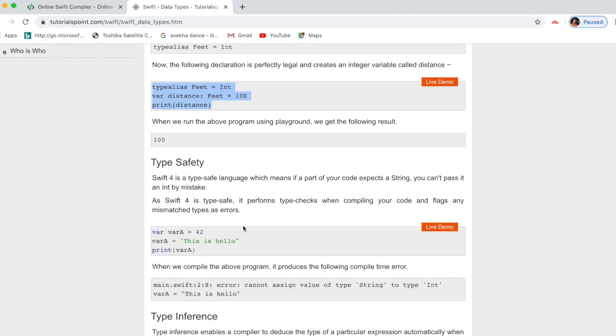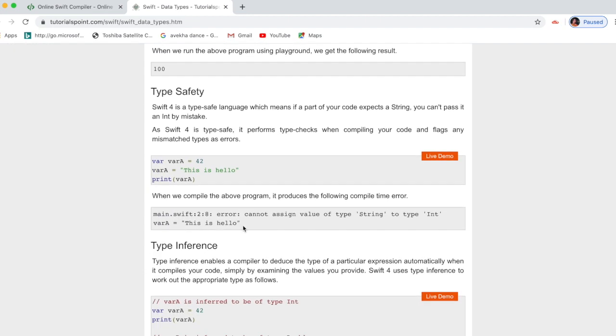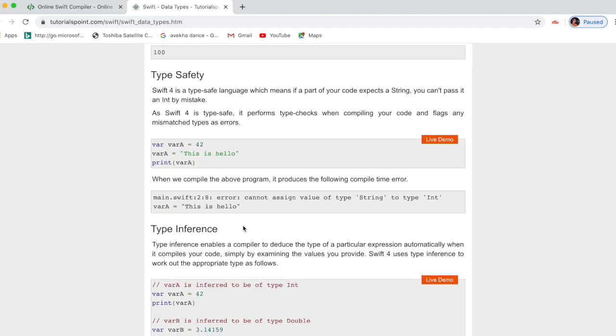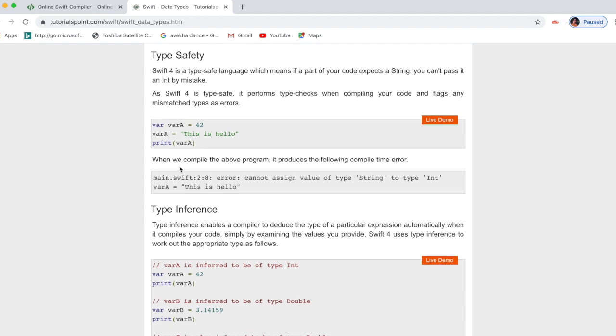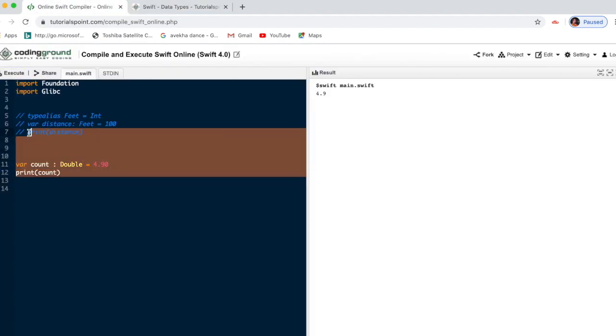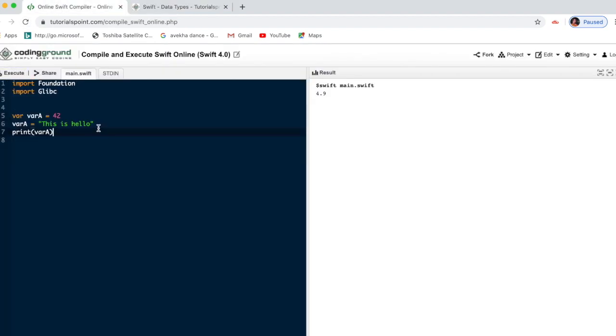Okay, next about type safety. See, type safety, that means I just need to explain this with this example. Just execute this example. Here we are declaring var a, given a name.